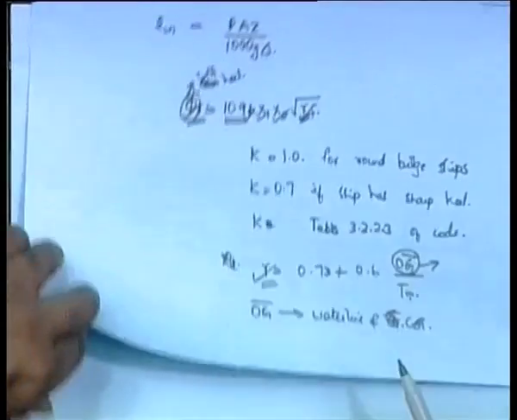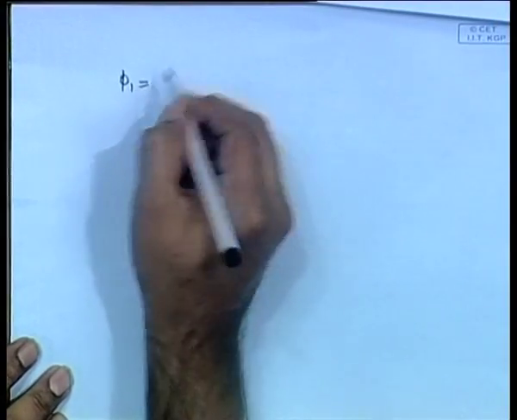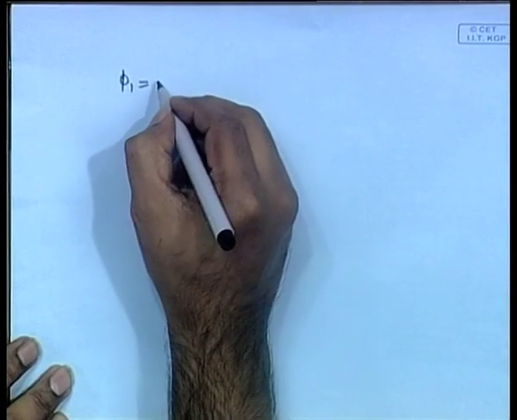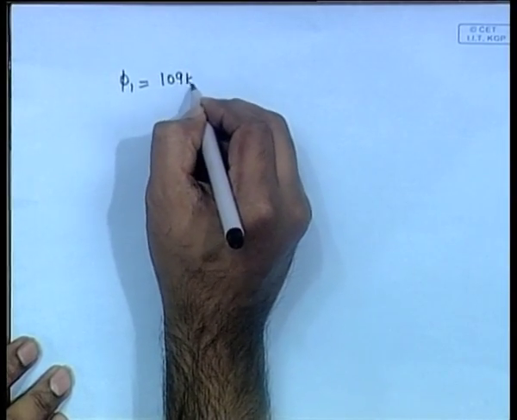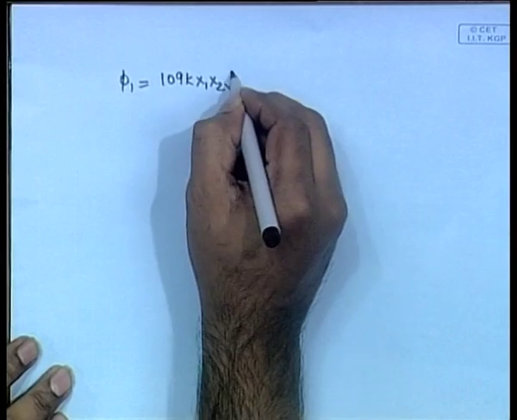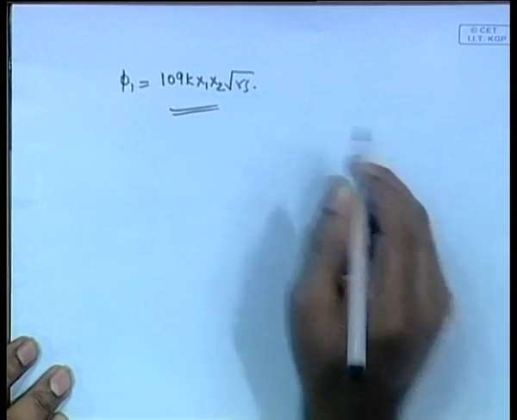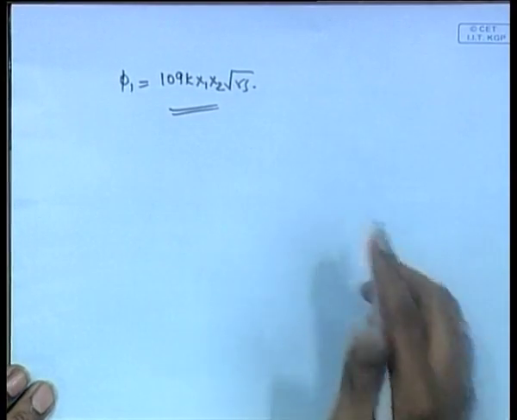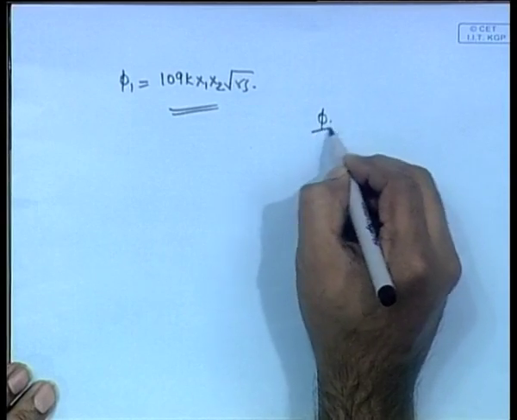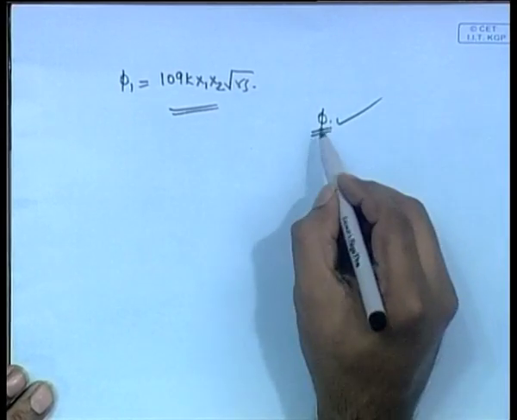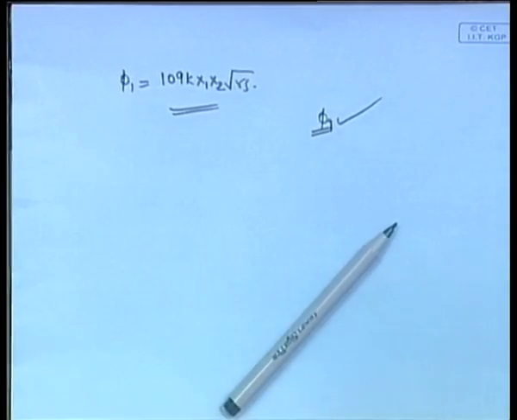So, once you have all this, all you need to do is put it in this equation, phi 1 equals 109 k x1 x2 root RS. You put it in this equation, and then you will calculate the maximum. So, this gives you the maximum angle to which your ship will heel, phi 1 will give you the maximum angle to which your ship will heel. So, this value will have to be less than some prescribed values. For instance,